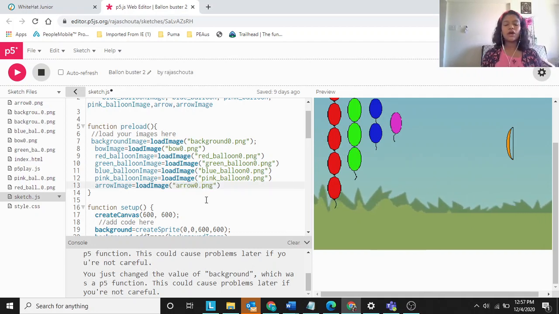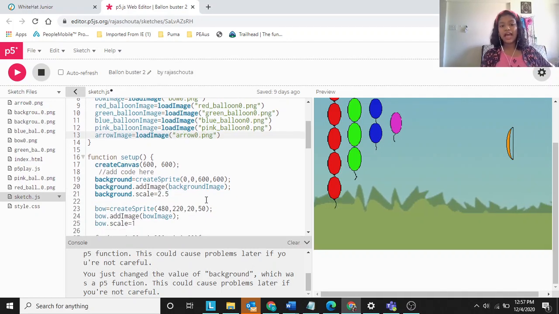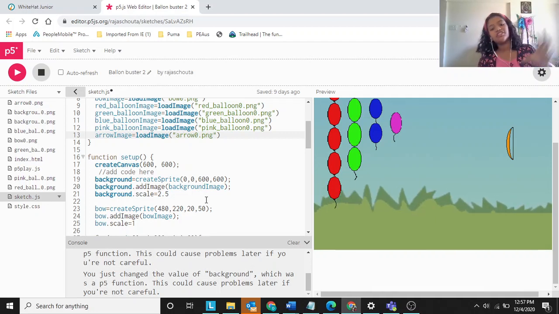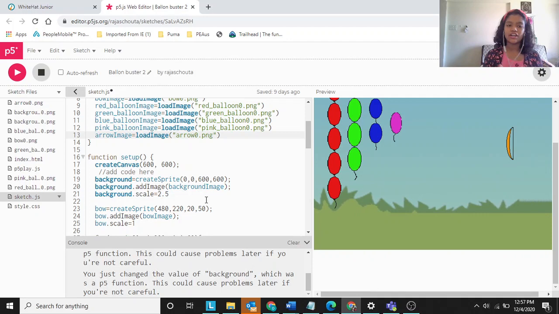Arrow image is the place where we store arrow0.png. So every time you want to make the animation, you don't need to write arrow0.png again and again, you can just say arrow image.